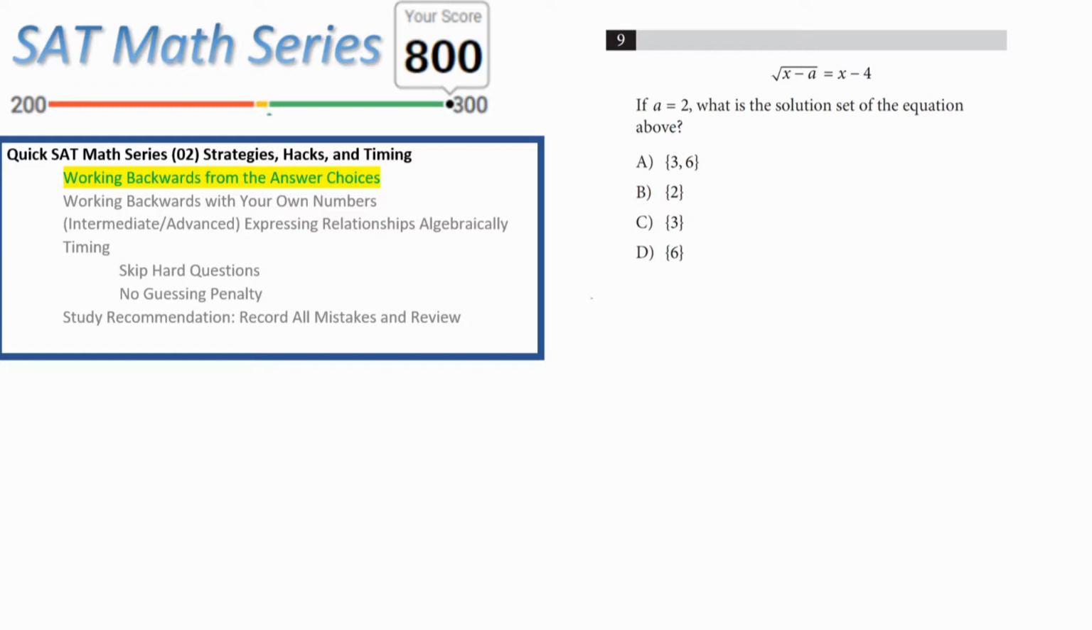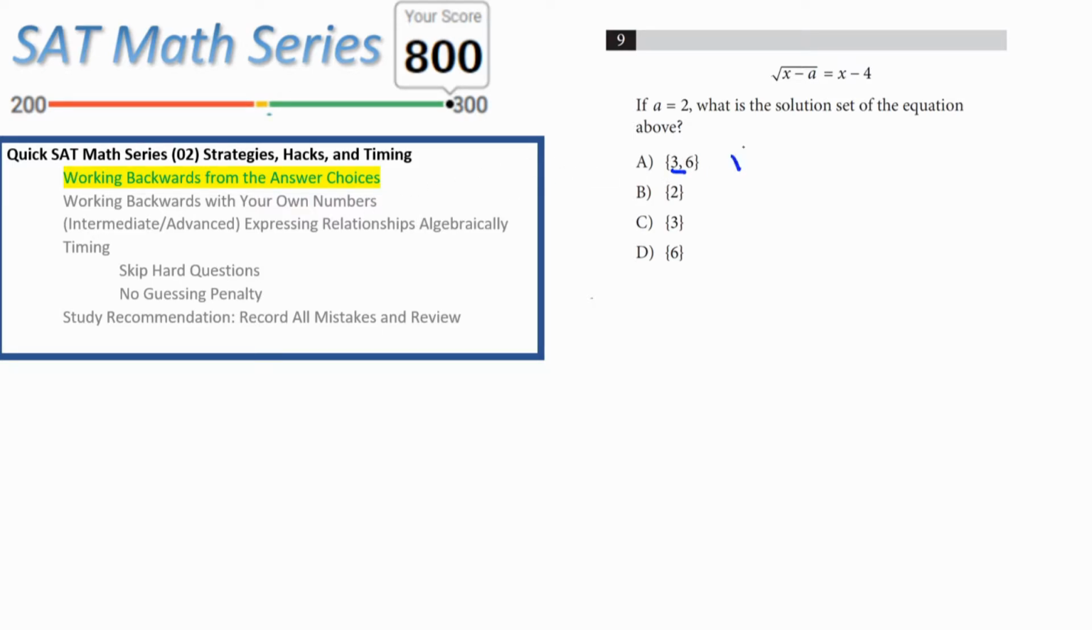Here we see another problem that could be kind of difficult, but is very easy if you simply try to work it backwards. It reads, if a is equal to 2, what is the solution set of the equation above? And it's complicated somewhat because we have x's trapped inside square roots and x's outside square roots. But we can very simply check these answer choices to see if the equation is solved with these as correct answers. For instance,